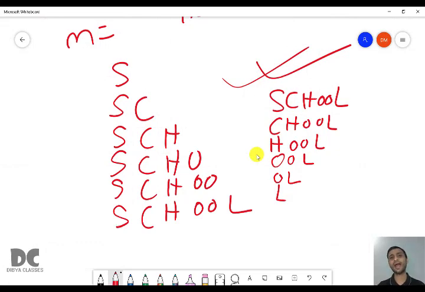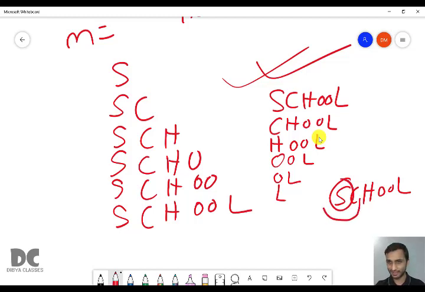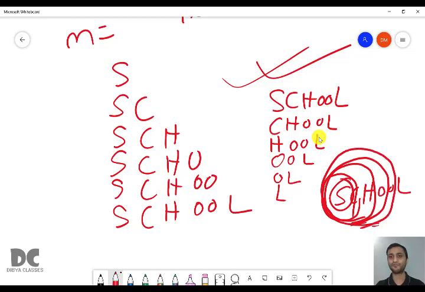So here we are going to add one more. So again we will be using the same thing, that is substring. But this time from school, first we'll extract only S. Next time we are going to extract SC. Next time you are going to extract SCH, next time SCHO, next time SCHOO, and finally the whole string, that is SCHOOL. So what we'll do, we'll just modify the previous program so that we'll get this answer.